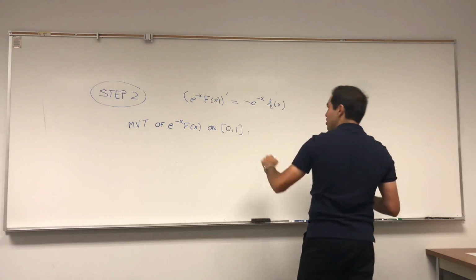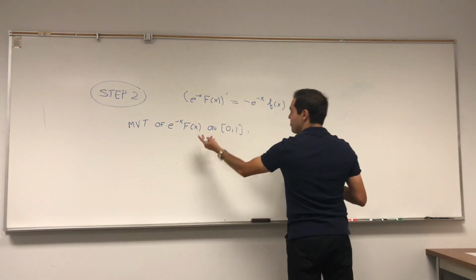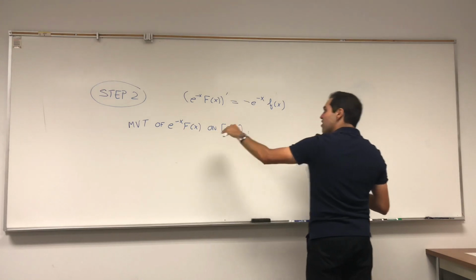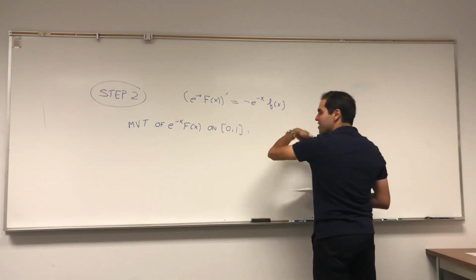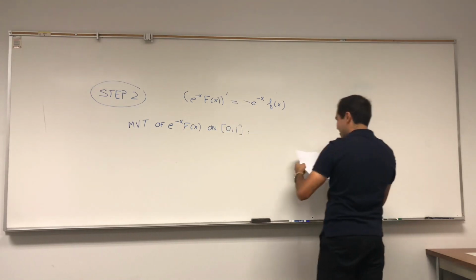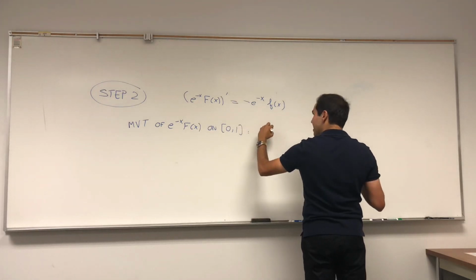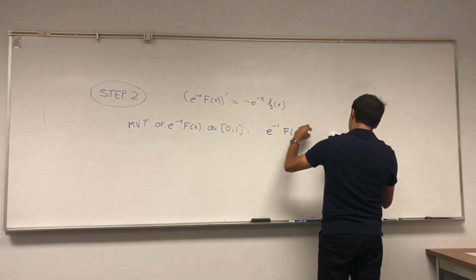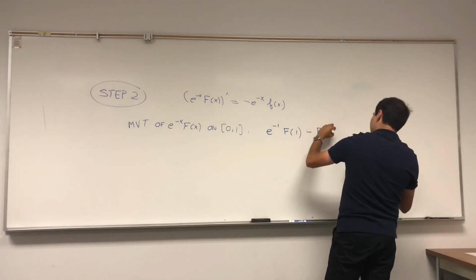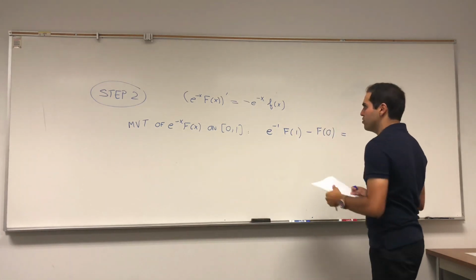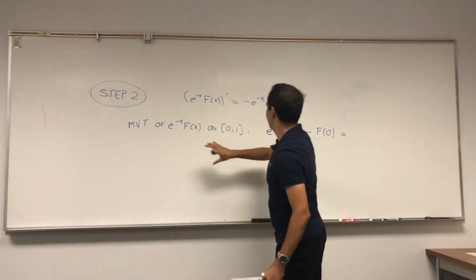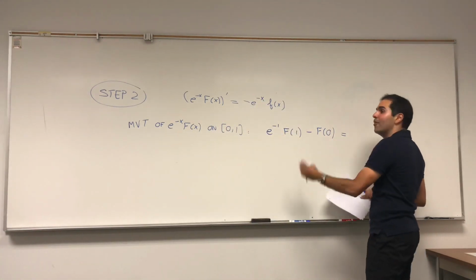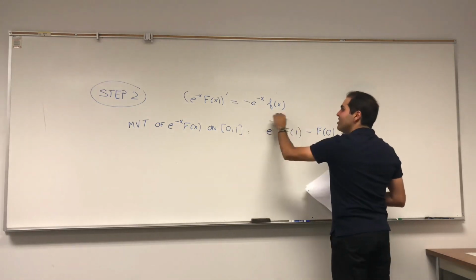What does that give you? Well, remember, the mean value theorem says (f(1) minus f(0)) over (1 minus 0) equals f prime of some constant. So in this case, e to the minus 1, capital F of 1, minus capital F of 0, divided by 1 minus 0, equals the derivative of that,